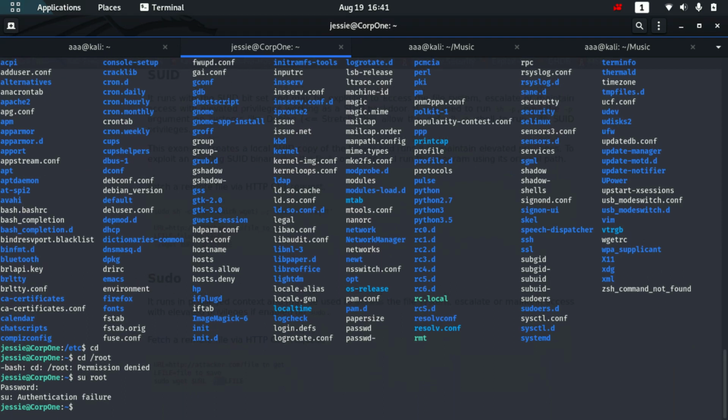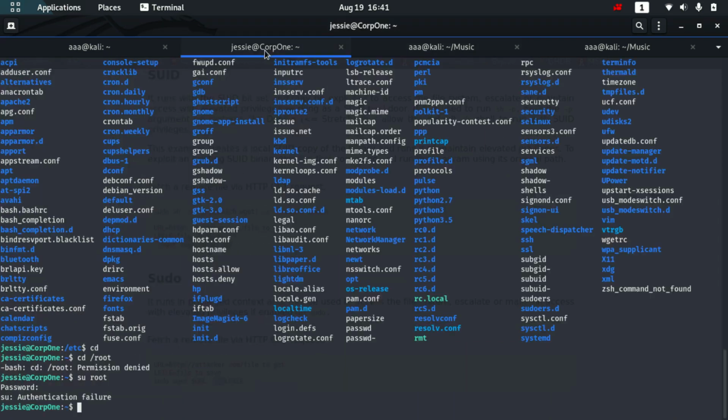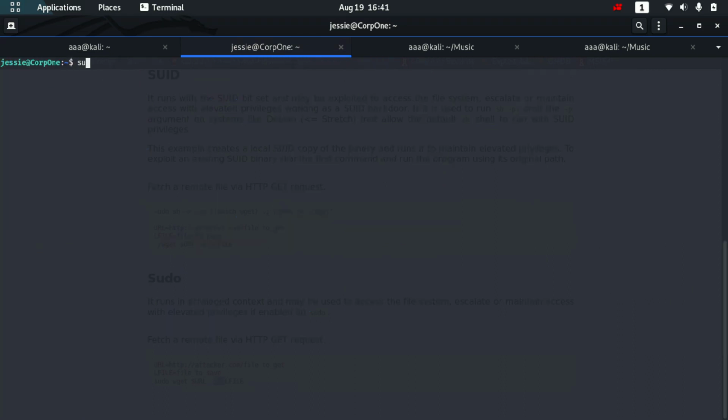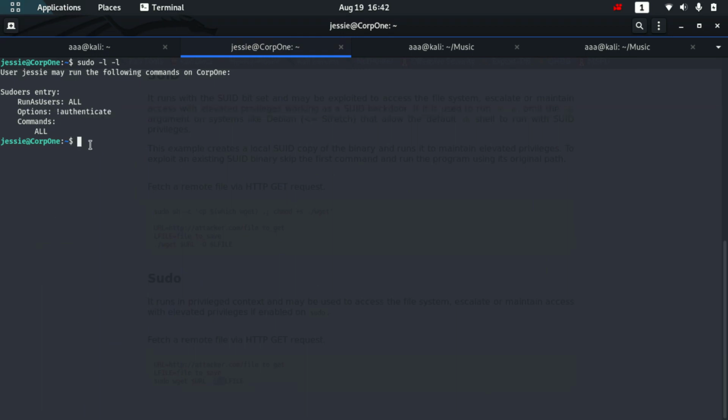Yeah, but I can run every command right now. So let me stop my Python server. Now let's try and figure out what to do. So at least this is for sure that I can run anything, but I am not allowed to go to the root directory, which is sad.